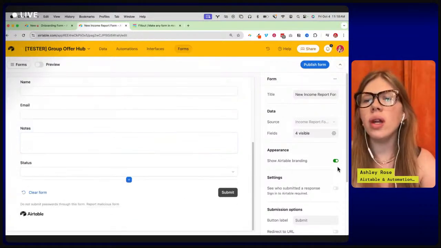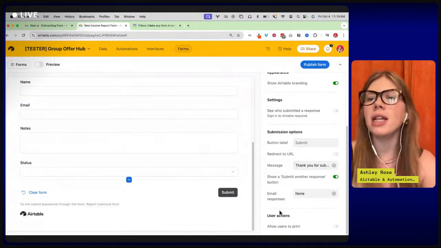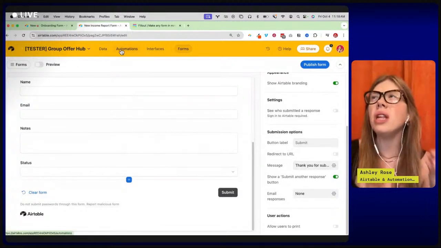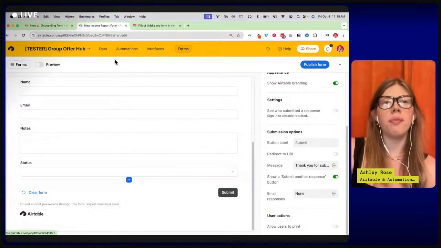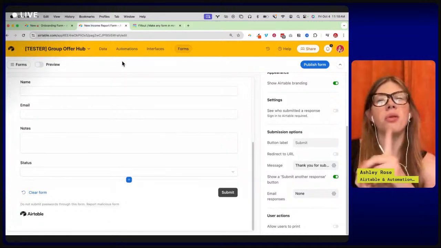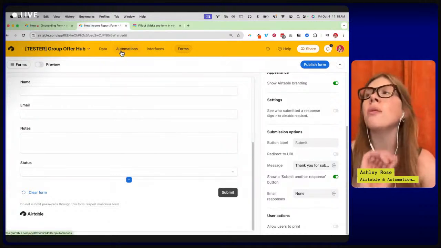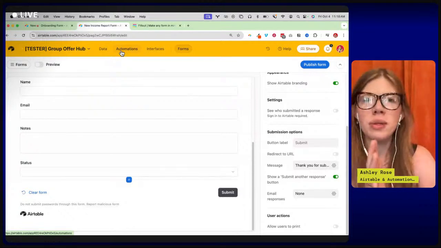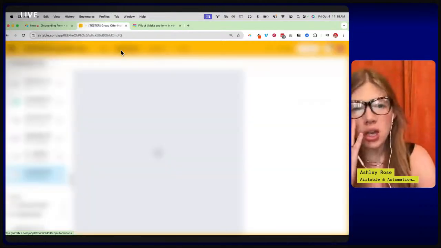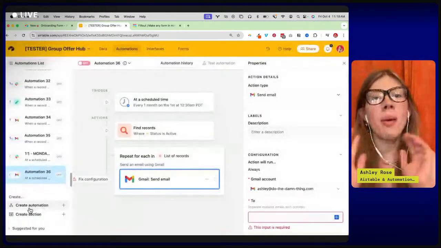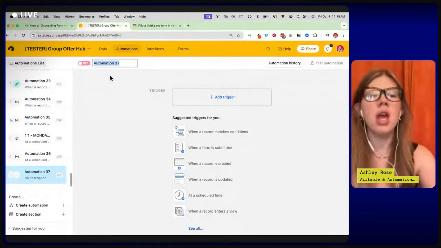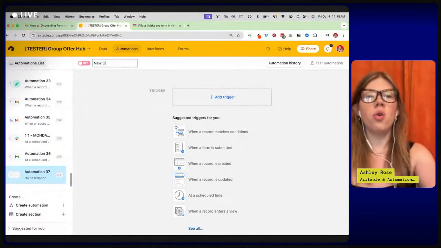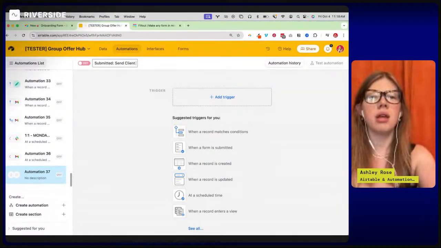So we have the form builder. You can totally play around and do some light customization on this. But something else that's really cool about Airtable Forms that's not as possible with Google Forms is the opportunity to do automations based on the forms. So if I go into automations here, you can see, and by the way, all of this is available on the free plan, so you don't have to have the paid plan of Airtable to do anything I'm about to show you. But you can say, when new onboarding form submitted, send client email.